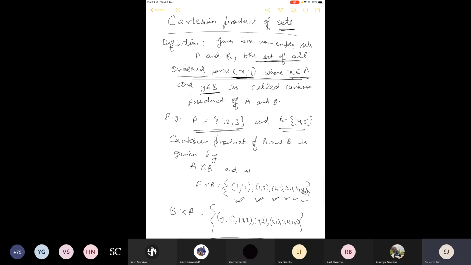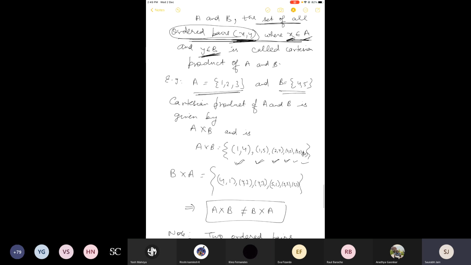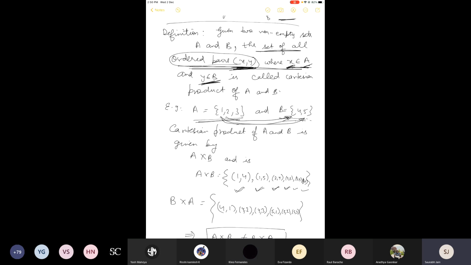That is the definition, no? How do you write the ordered pairs in A cross B? You take the first element from the first set and the second element from the second set. What is the problem? So how will you write A cross B? You take 1 from here, then 4 from here. 1 from set A, 5 from set B. 2 from set A, 4 from set B. This is the way to write the Cartesian product. So 1, 4, 1, 5, 2, 4, 2, 5, 3, 4, 3, 5. It is like that. That is the definition. Okay, what is the problem here? We do not actually multiply. There is nothing called multiplication. It is just the name that we write Cartesian product.